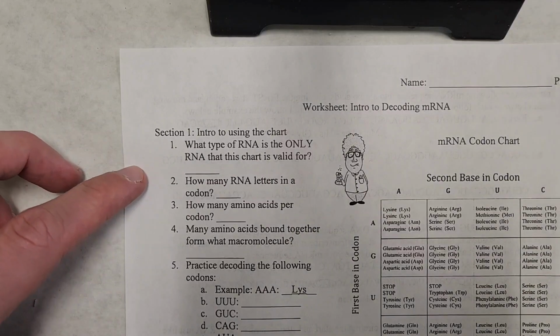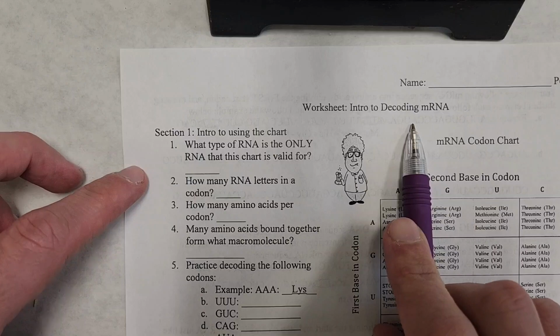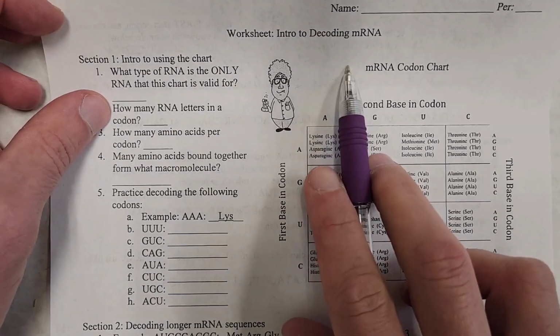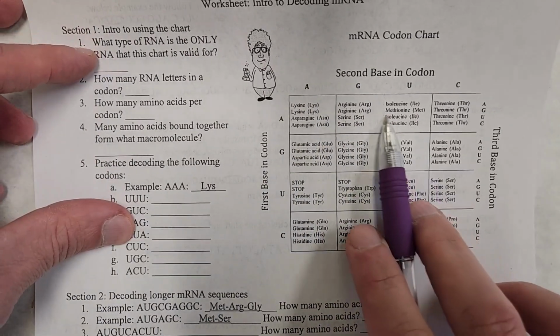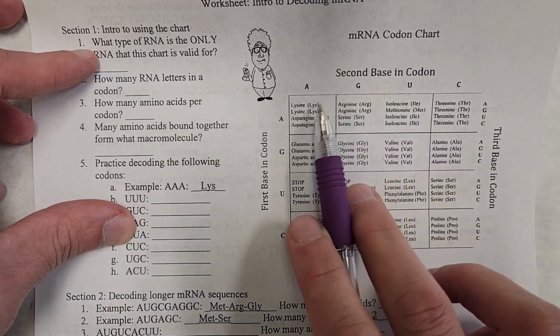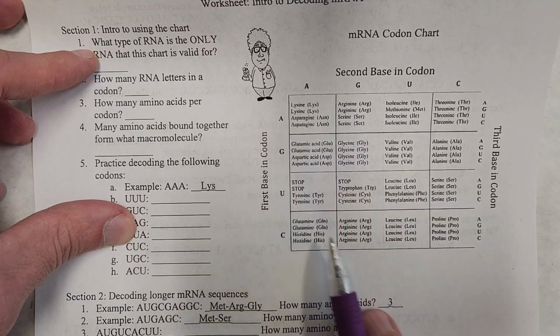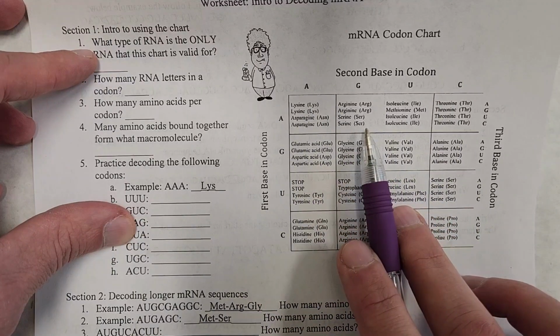Hi everyone, let's talk about how to do this worksheet where we're going to learn to decode the mRNA code. As a reminder, mRNA is the messenger that gets DNA's message out of the nucleus. That message can be decoded using this because DNA contains instructions to make the body. The body is made out of protein. Protein is made out of amino acids. These amino acids are what build the proteins the body is made out of, and different orders of amino acids